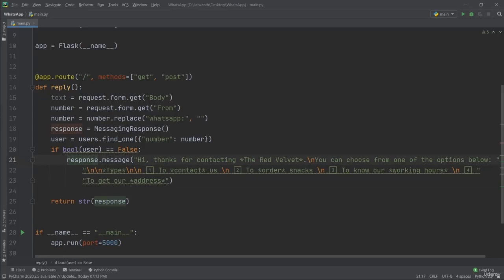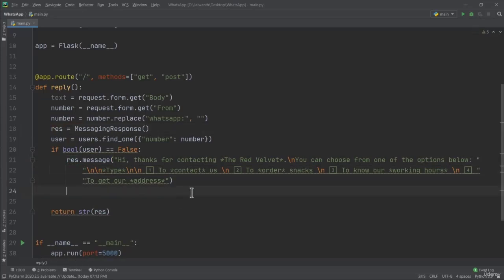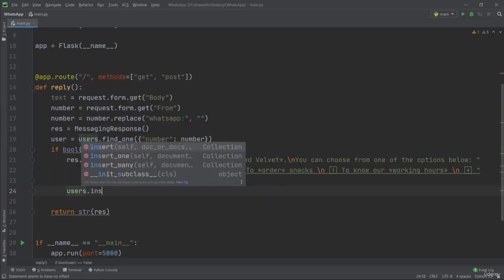So let's rename response to RES because we'll be using this often. So it'll be better if we use the shortened version of it. Okay, now after sending this message, as the user is new, we'll have to add the user into our database. Now how do we actually do that? It's simple. Just type in users dot insert one